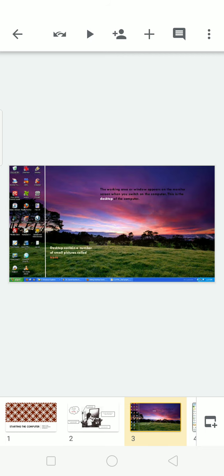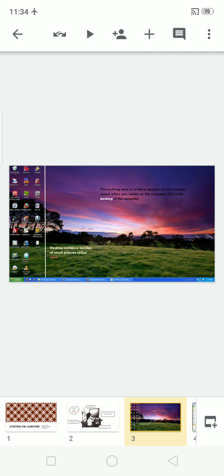Look at the picture. That is called a desktop. In that desktop, just observe, we can see small pictures, right? Yes, those small pictures are called icons. What are those? Those are all icons.